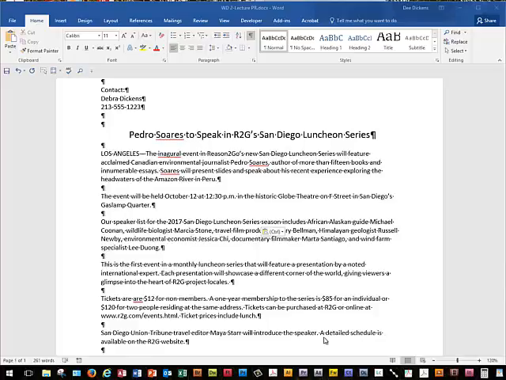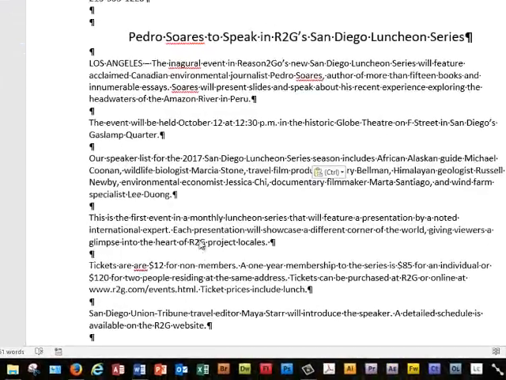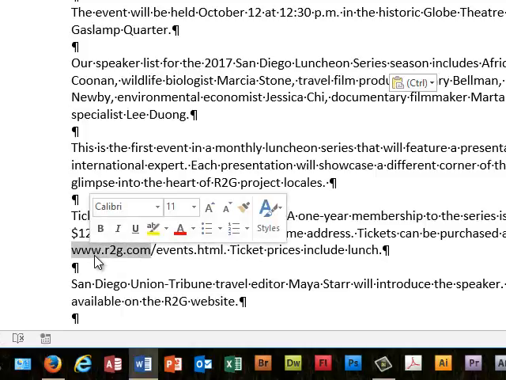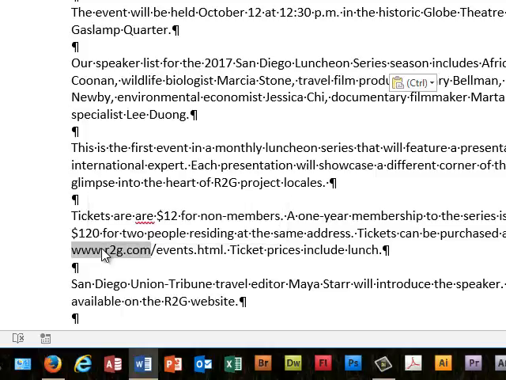Okay, next we're going to move down to step 4, and we're going to select the www.r2g.com in the 5th paragraph. So we're going to come down here and we're going to select it. Okay, I don't want that backslash, that forward slash I should say. Okay, and we're going to hold the control, and we're going to take and drag it down until